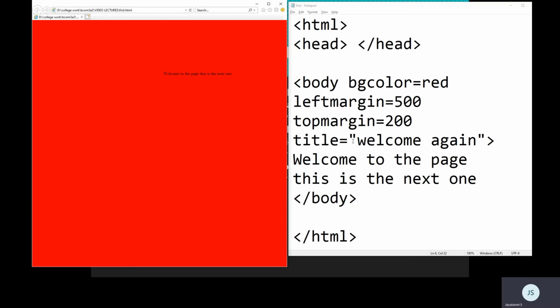Okay, and remember for the title, if I don't give double quotation, check it on save. If I don't give double quotation, only one word is taken. The space is considered as the next attribute. So see to it that whenever you have multiple words, you enclose them in double quotation.